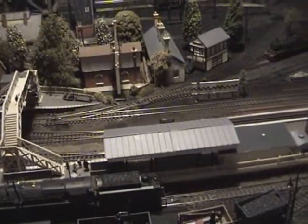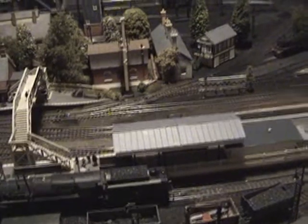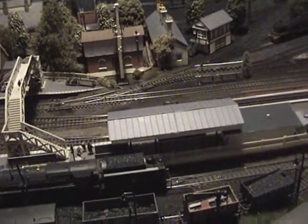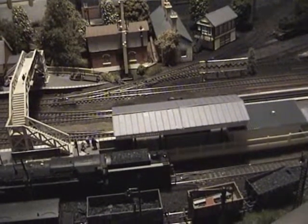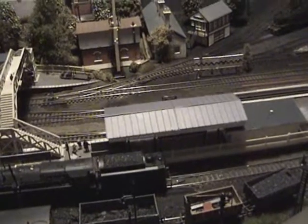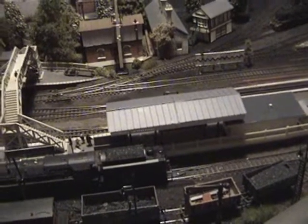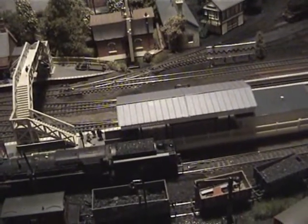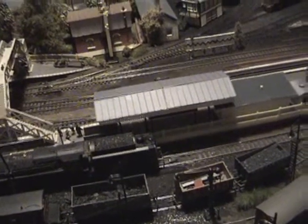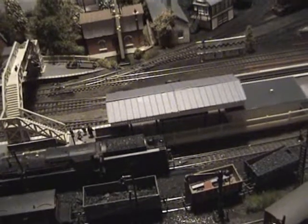Hi everyone, this is Triple Valve Metro Camera, welcome back, and this is the concluding part of the first video that I've uploaded, which is the conclusion of me finishing off the majority of the work in the goods yard. This is the sort of before and after video basically, and I'll show you what I've done this evening. So, in the first part of the video you saw I was attempting to just basically redevelop a little bit of the goods yard land and expand it out a little bit, and I'll show you what I finished off